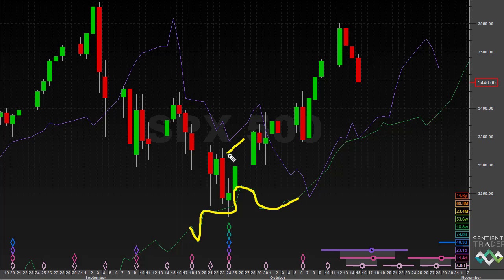Ironically, and I had to laugh at this, about an hour after I published that video, price dropped fairly sharply. You can see this big red bar over here. Price dropped, came down, and then early the next morning turned back up again. And it did in fact find support, as you can see, at the level of the FLD. It's what I call approximate support. FLDs will often provide approximate support or resistance, by which I mean that price won't absolutely accurately hit the FLD and then reverse. Sometimes it does, but more often it'll go just a little bit beyond the FLD and then